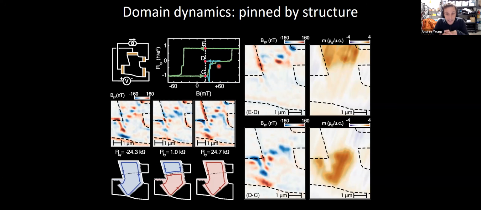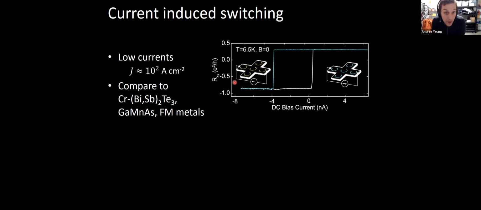I think that is a very exciting direction, for example, in these ABC structures, to try and introduce disorder and pinning centers and other things that might actually allow you to control that pinning. The reason for that is that once you have strong enough pinning that you can stabilize these magnetic states relatively well, there are a lot of enjoyable games that you can play with these types of structures. In particular, the pinning may be strong here in the sense that you can stabilize these states indefinitely, but it's not so strong that you can't overcome it with various knobs. So I'll show you one, which is current-induced switching.